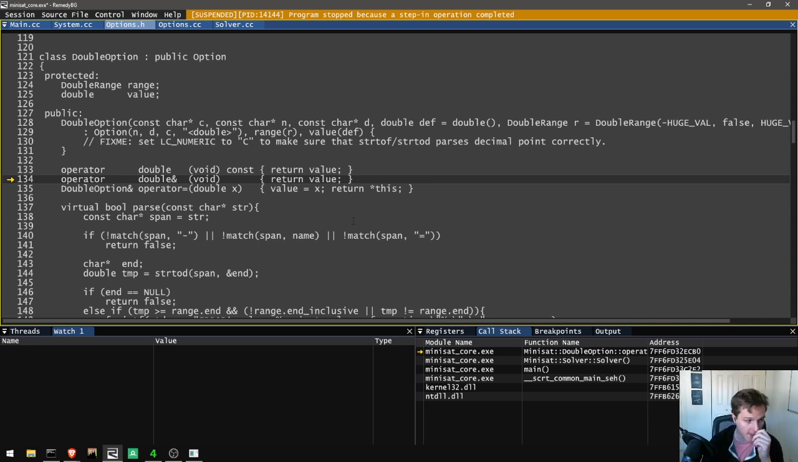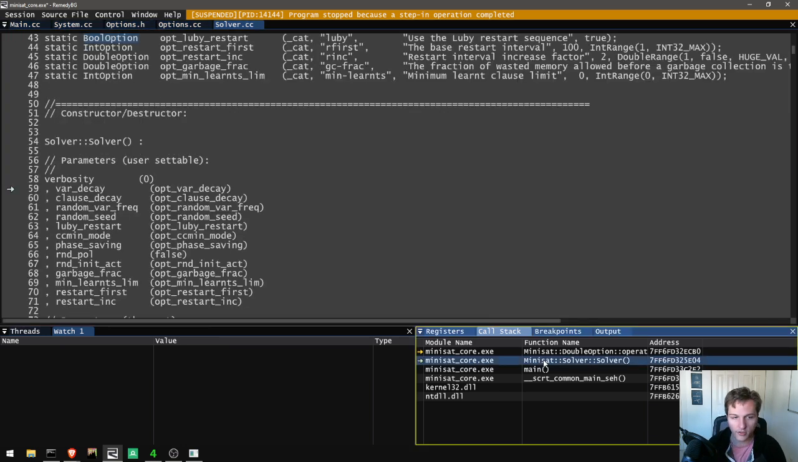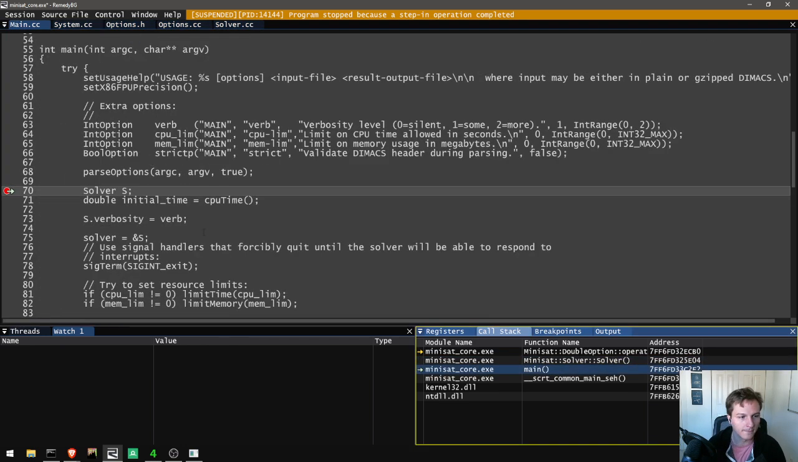Yep, so there it is. You can see I just do a couple of step-ins and I find my way to this operator that takes the double option and casts it to a double. So the double option behaves as a double and also does this other stuff, modifying the list. Object-oriented programming is wild, folks. Okay, let's